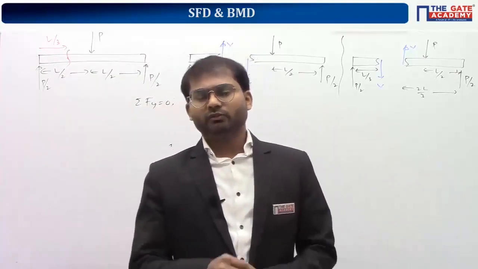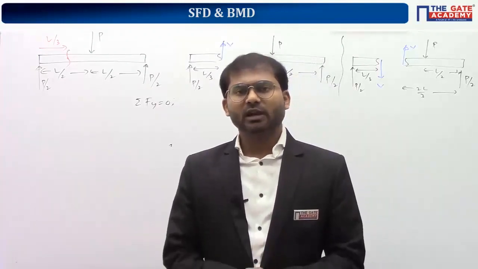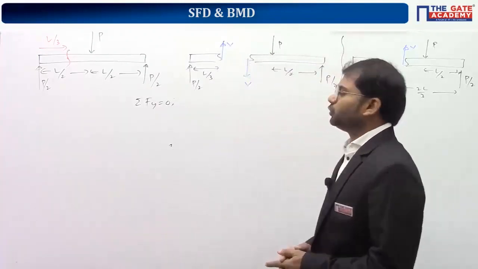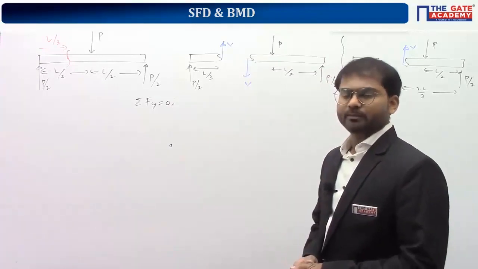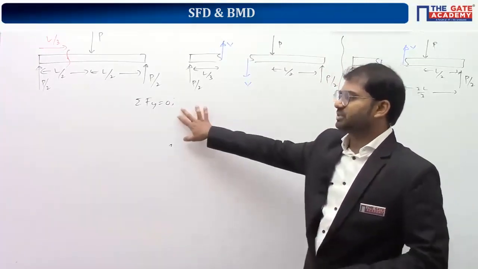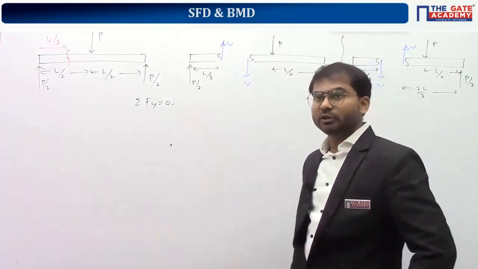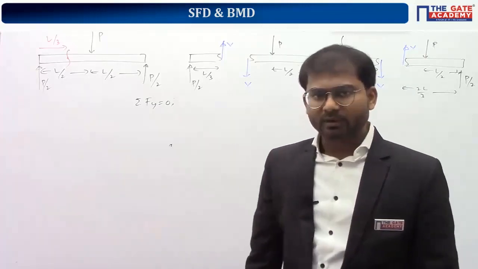Yeah, Chandresh, what you said is right. Moment about a support is 0, but that will not be helping us to get the value of V. To get the value of V, we should be going with this equation. That will help you to get the value of bending moment. We'll use that condition, but for the next time.